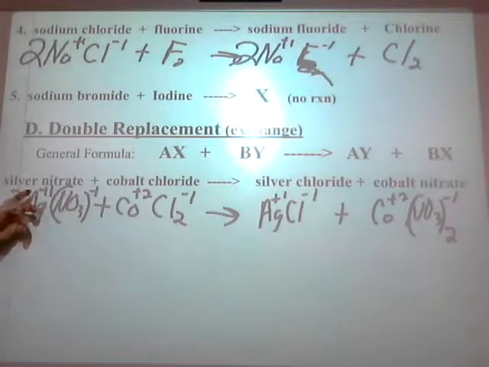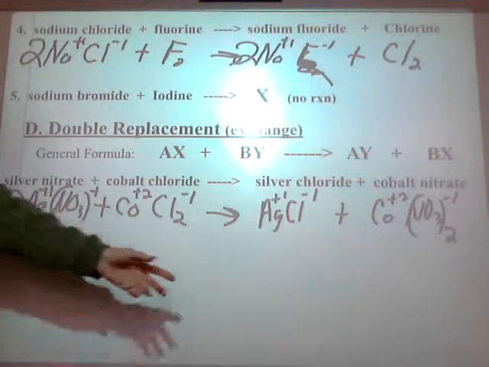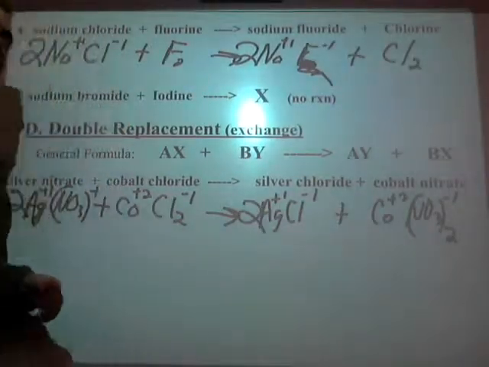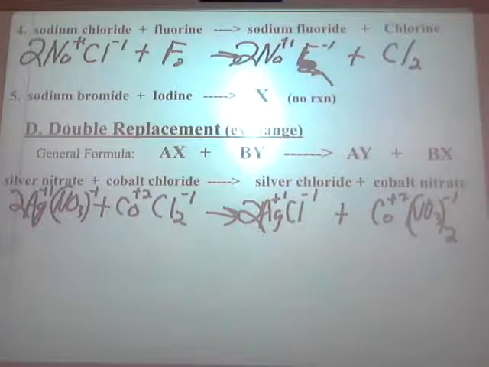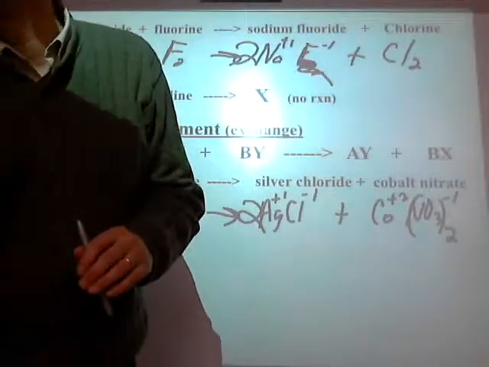Not in between, but in front of the whole compound. Now, 2 chlorides on that side, right? So can I change that chlorine to a 2 and make my life easy? No. I have to put it in front. And that actually does fix up my silvers as well. Okay? All right. You now have all of the types of reactions that I'm going to give